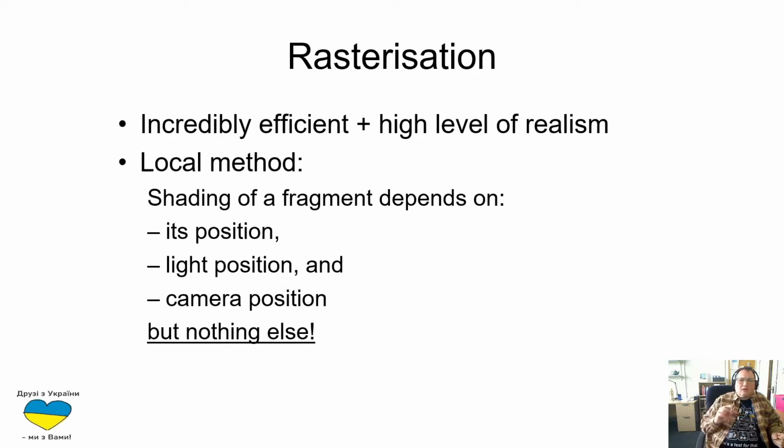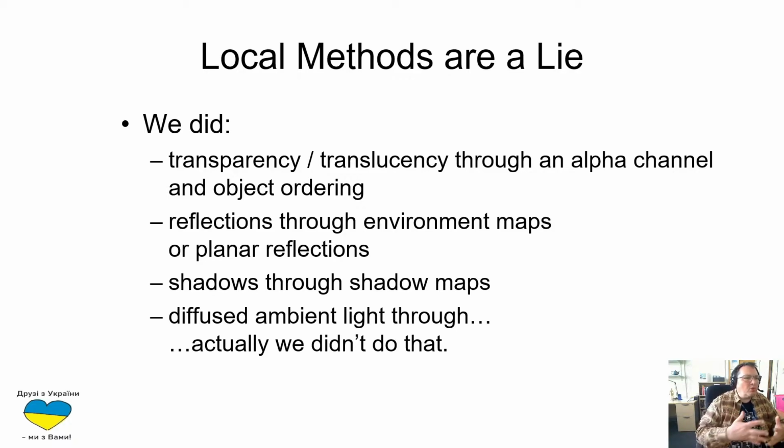Nothing else. And in this lecture, we will see that there is a lot of other stuff, of other conditions that can affect the shading or lighting or rendering of a fragment. So far we did transparency, or if you prefer translucency, through an alpha channel and object ordering, reflections through environment maps or planar reflections through other kinds of tricks, shadows through shadow maps, diffused ambient light through, actually we didn't do that. Okay, so